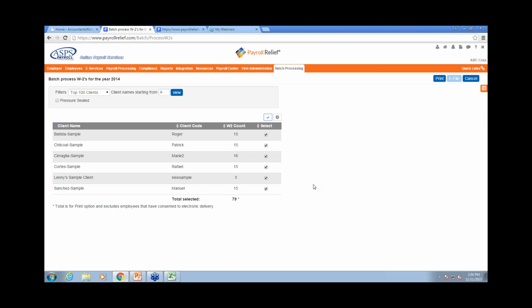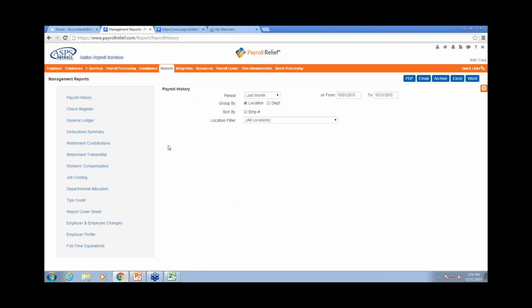But bottom line is, we've simplified all of this for you, okay? Now, when it comes to a report structure, it's also very robust. We really give you everything that you're going to require. You can easily break out any of our reports into PDF, Excel, Word format. If you go into our management report area, you're going to see that we have all the critical reports that